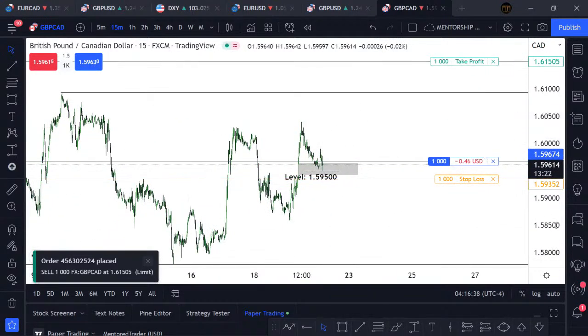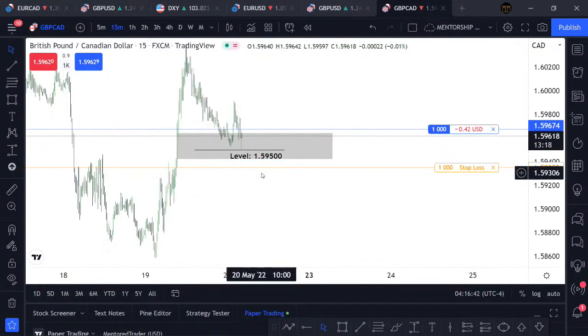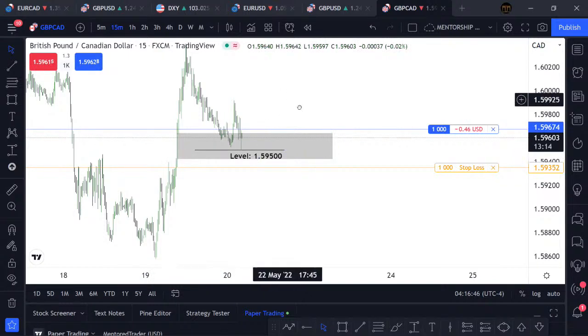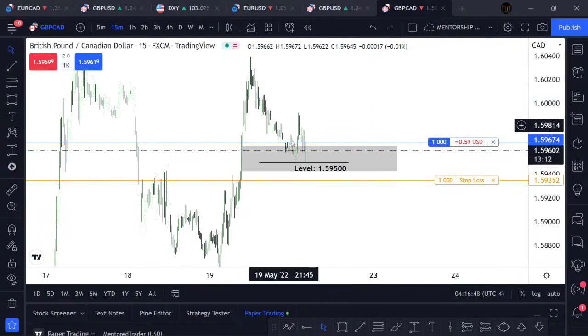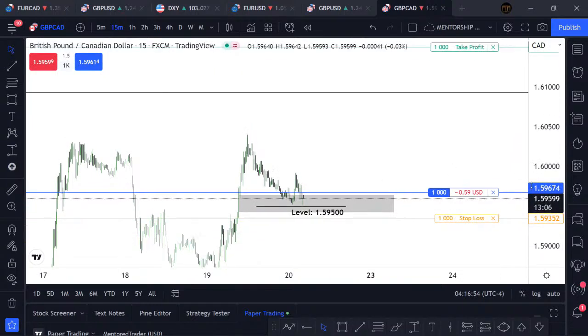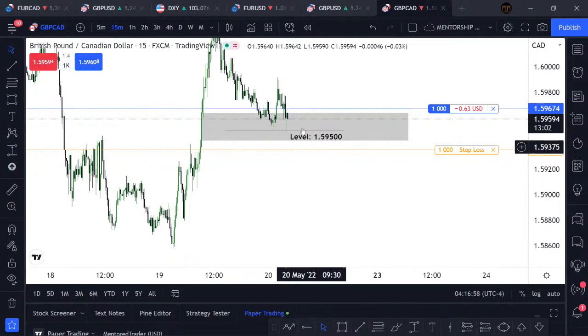I've told you why I'm trusting the pound Canadian, simply because we have an institutional level inside this imbalance. We are above the 50 level, more imbalance, so I'll be looking at price buying. I'm risking something like 2 to 3 pips. Okay, I don't want to lose a lot. So that is the